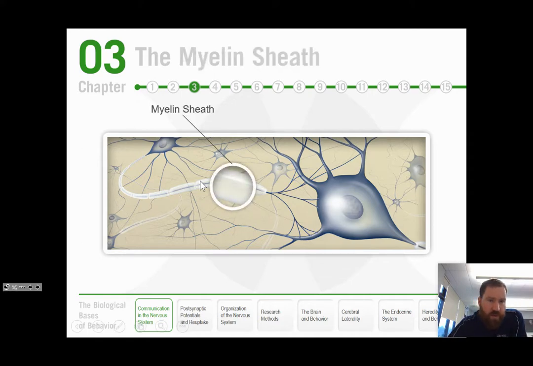That weird looking thing around the axon, it kind of looks like little sausage links. That is called the myelin sheath. Most of our neurons are what we call myelinated. It's a white fatty substance that serves as an insulator to the axon. Basically, it does two things. It protects the axon from damage, and it also increases the speed of transmission of the signals from one neuron to the other. So it protects the axon so that the messages get sent, and it increases the speed of those chemical messages.